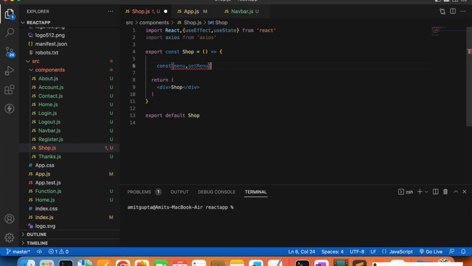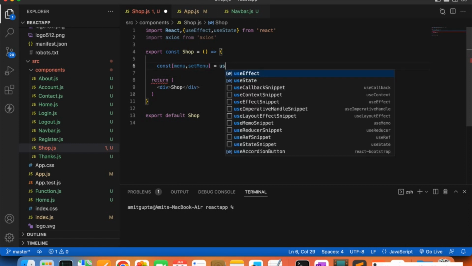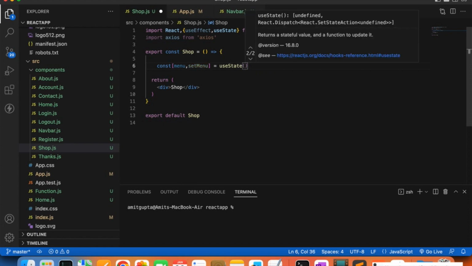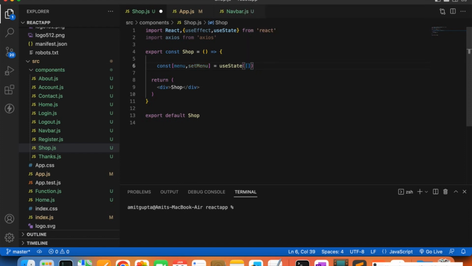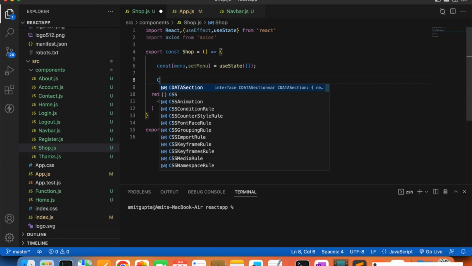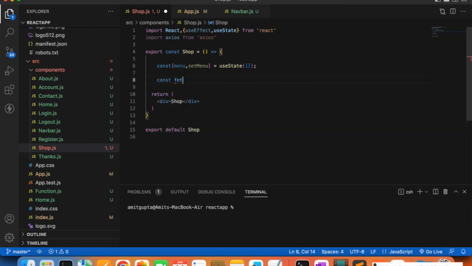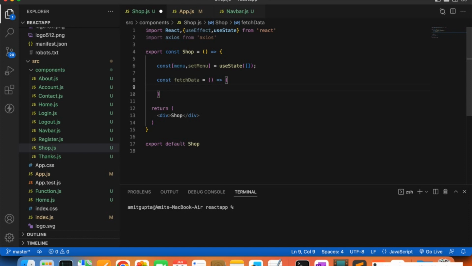Okay, and here we will use useState to simply declare this variable, and this is the syntax like this. Okay, so now we are ready to fetch the API. So one more const we are going to take, fetchData. We are going to fetch data from the API, and this is the syntax that we are required to use, like this. And inside this, return